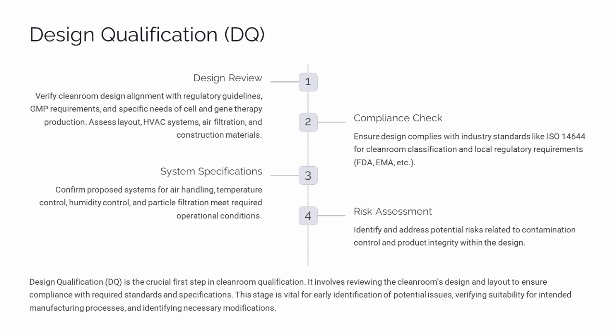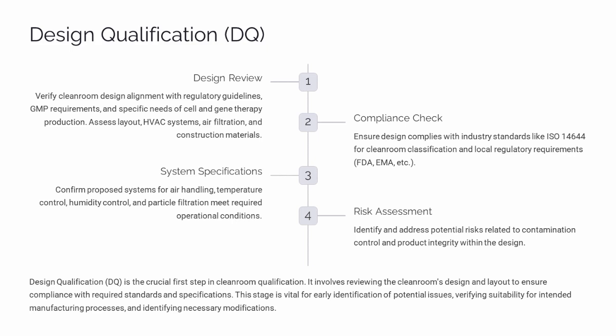Design qualification, DQ, is the crucial first step in cleanroom qualification. It involves reviewing the design and layout to ensure compliance with required standards and specifications. This stage is vital for identifying potential issues, verifying suitability for intended manufacturing processes, and identifying necessary modifications. The process includes design review, compliance check, system specifications, and risk assessment to ensure the cleanroom design aligns with regulatory